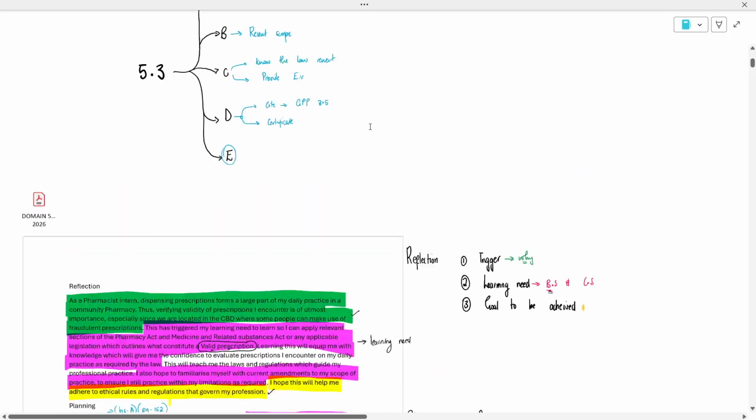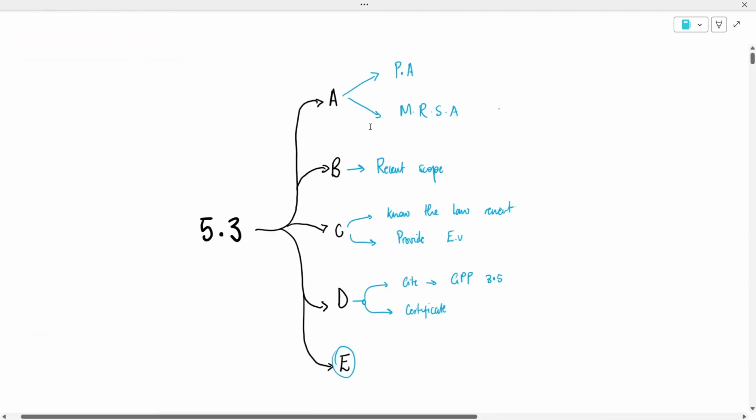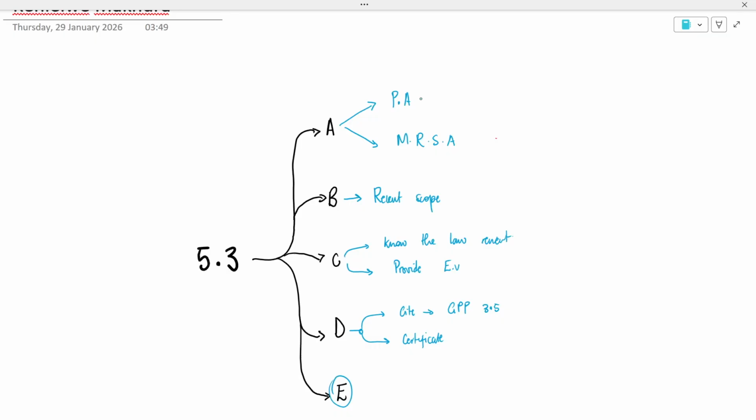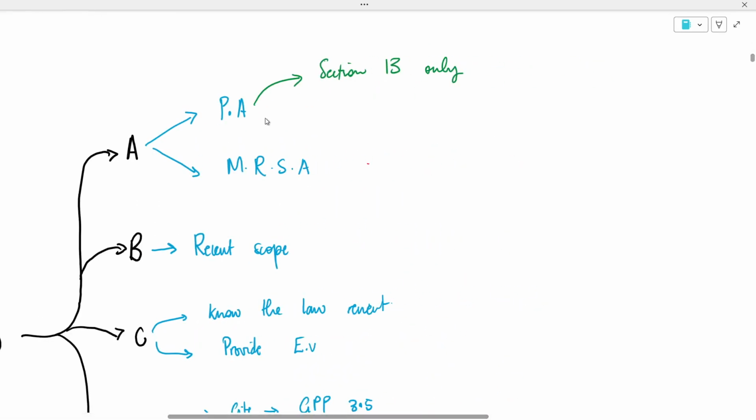I want to keep on the key things. So here in the Pharmacy Act, the evidence that I saw you include, I think it was section 13 only. I would actually advise, so in pink will be your gaps, I would advise adding section 35A of the Pharmacy Act. In the Medicines and Related Substance Control Act, since you spoke about generic substitution, add section